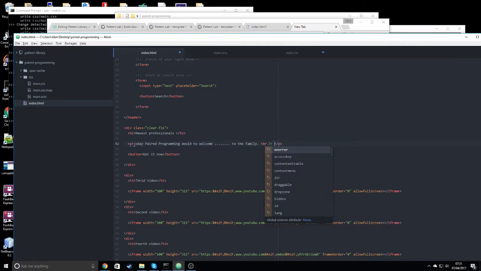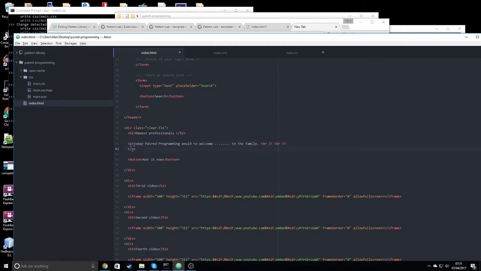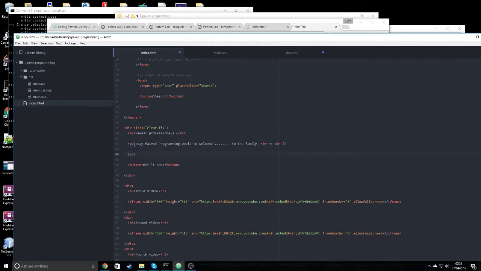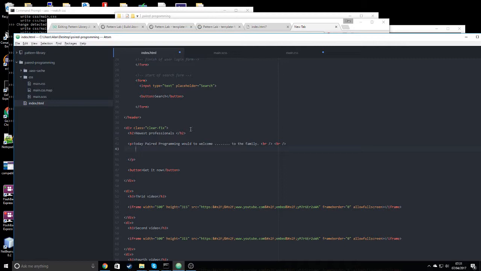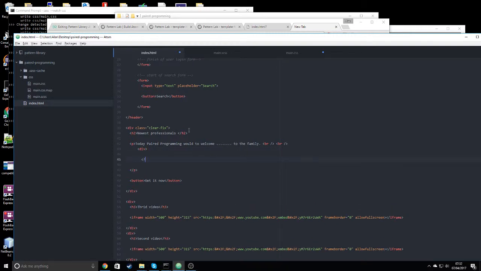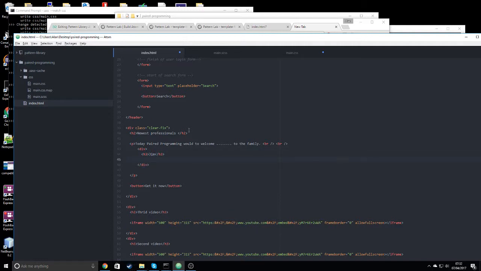If I didn't know what a line break was, I can add that into the pattern library. It's probably something I should add in. I should probably mention that to actually get it on a new line you need 2 of them. And then in here I'm probably going to need to create a block which will hold people, so we'll add a header 3 and everybody knows Jim. And Jim